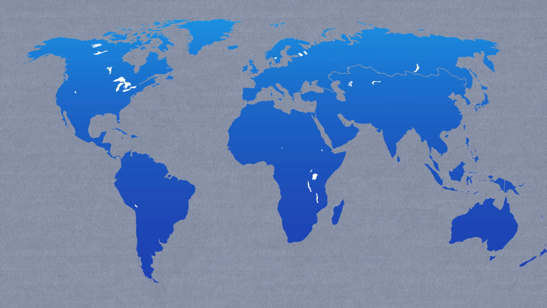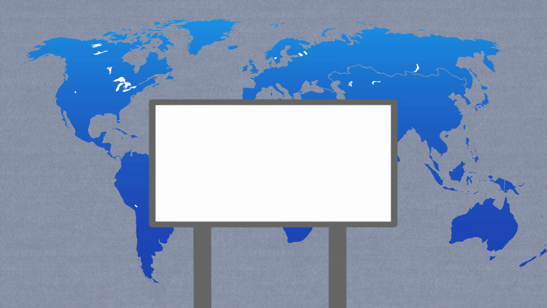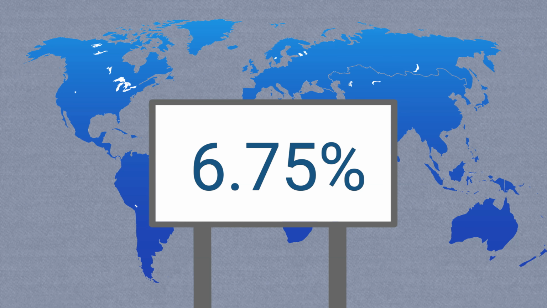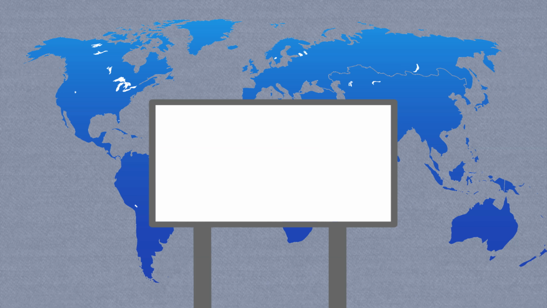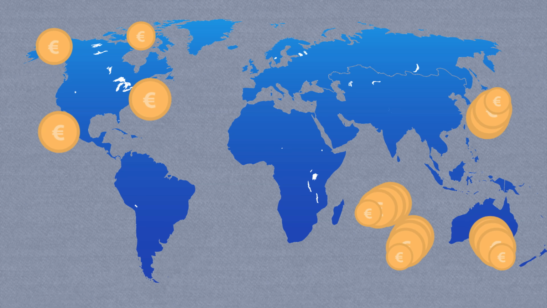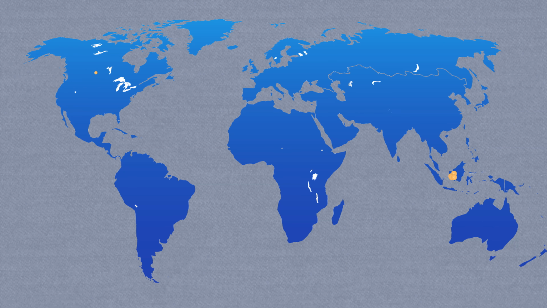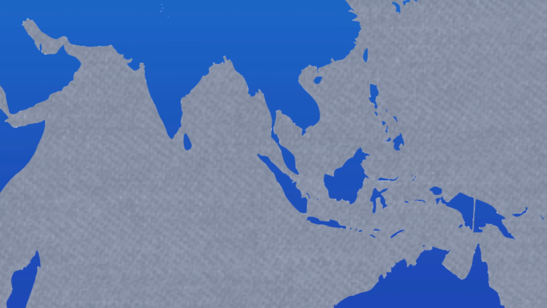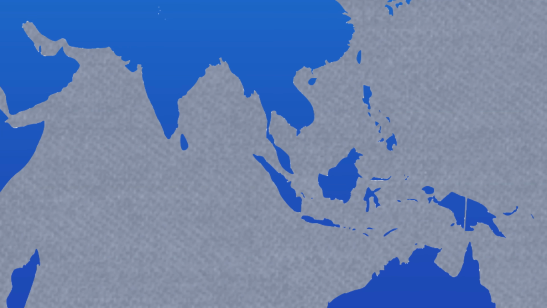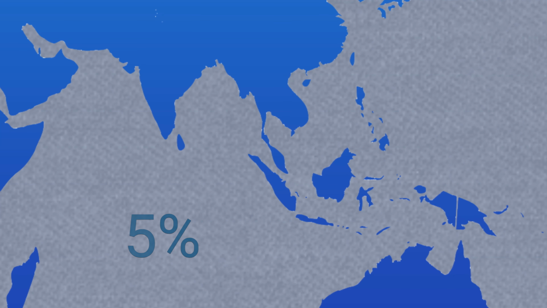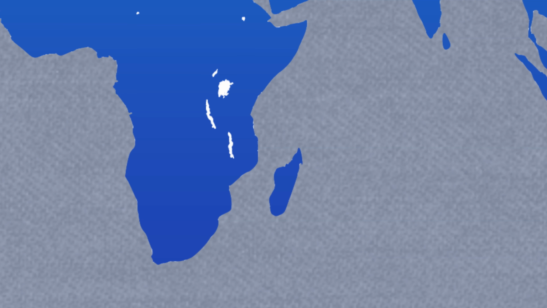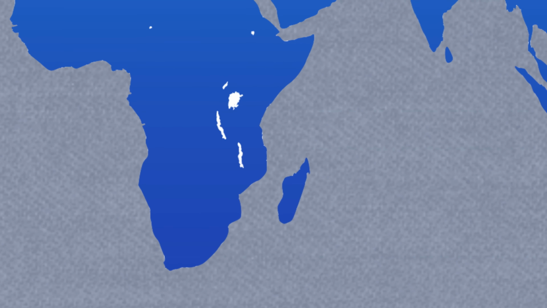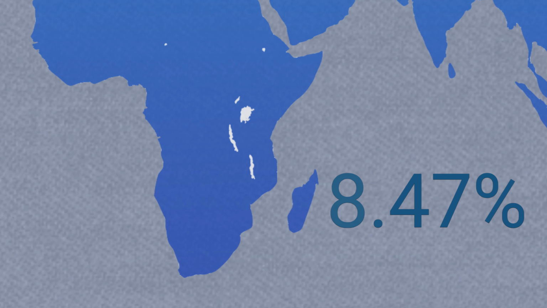As of mid-2020, the global average remittance cost is 6.75% of the total remittance amount, but this falls to 5% when accounting for the relative size of the remittance flows along corridors. We also see that remittance costs vary by region. The lowest remittance cost is for those sent to South Asia at just under 5%. Conversely, sending remittances to Sub-Saharan Africa incurs the highest average costs at 8.47%.